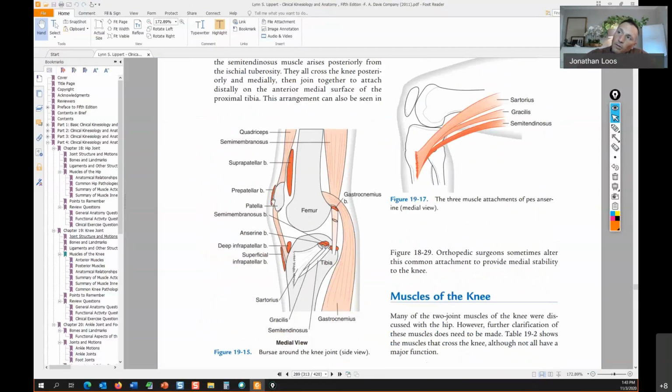And let's go to the front here real quick. You can see the quadriceps, so the 3 vastus muscles, and then the rectus femoris, they converge down, and then they attach to the superior aspect of the patella. And that tendon is continuous down through the patella and down into that tibial tuberosity. And you can see how that is linked together. So your muscle belly stops way up here, inches above the patella, and it's all connective tissue, tendinous tissue all